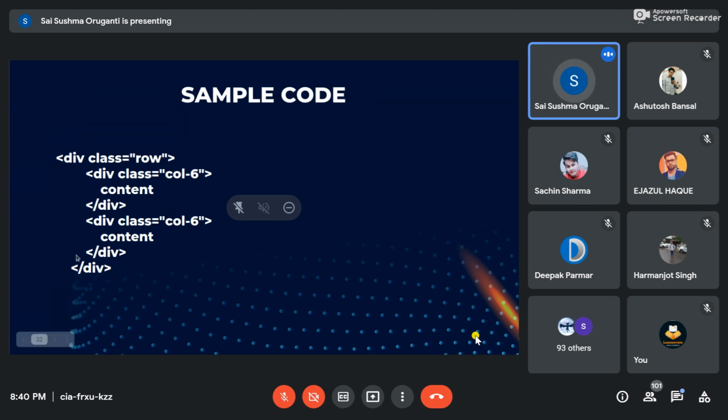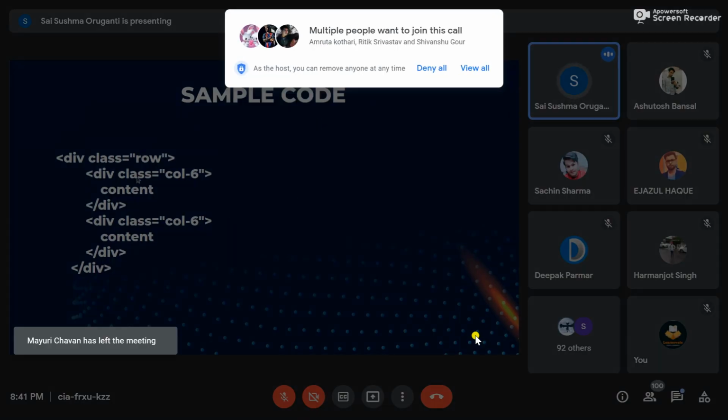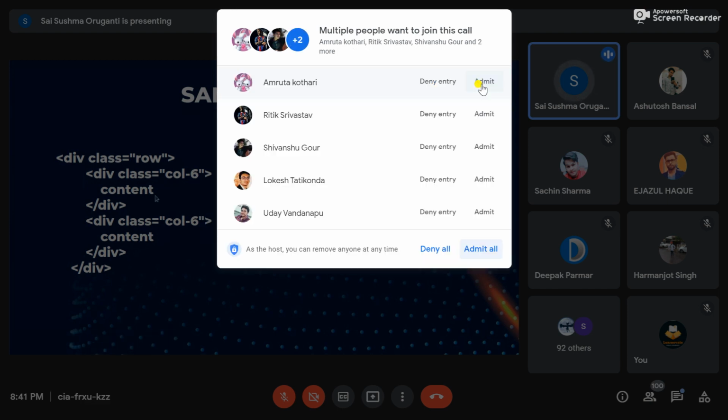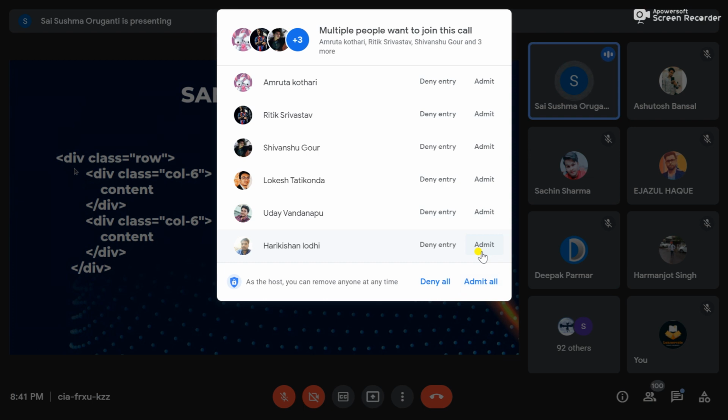The closing tag of row is here, and inside the row there will be 2 columns. I am dividing one row, meaning the whole horizontal line, into 2 parts, like 50% and 50%. So col 6: in total there will be 12 columns in one row, 12 parts. So I am dividing 6 parts, which is half of the row, and another 6 parts is the other half of the row. So div class, we use class here to represent row and column. Col 6, and here is col 6. This is the content of this class. This is the content of the second class. Content should be written inside the class.